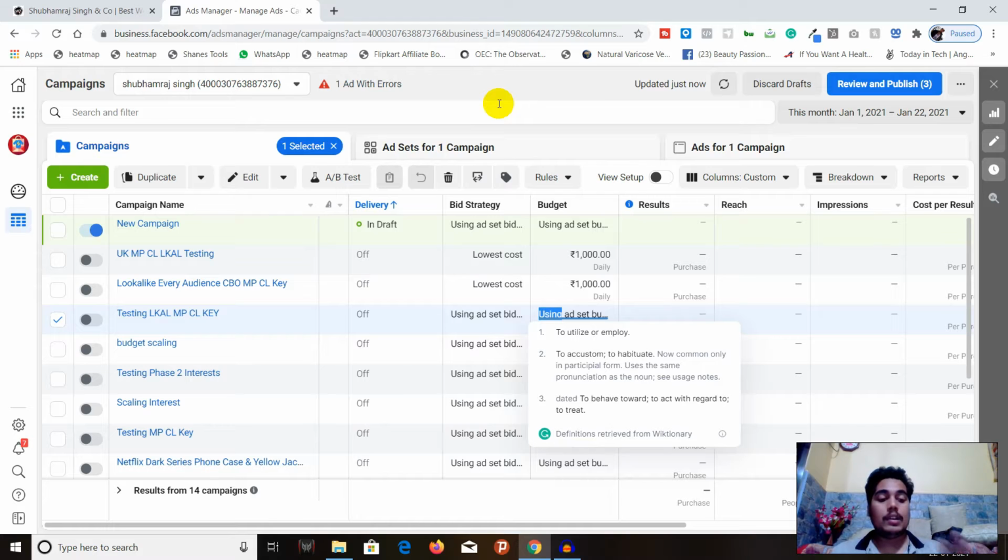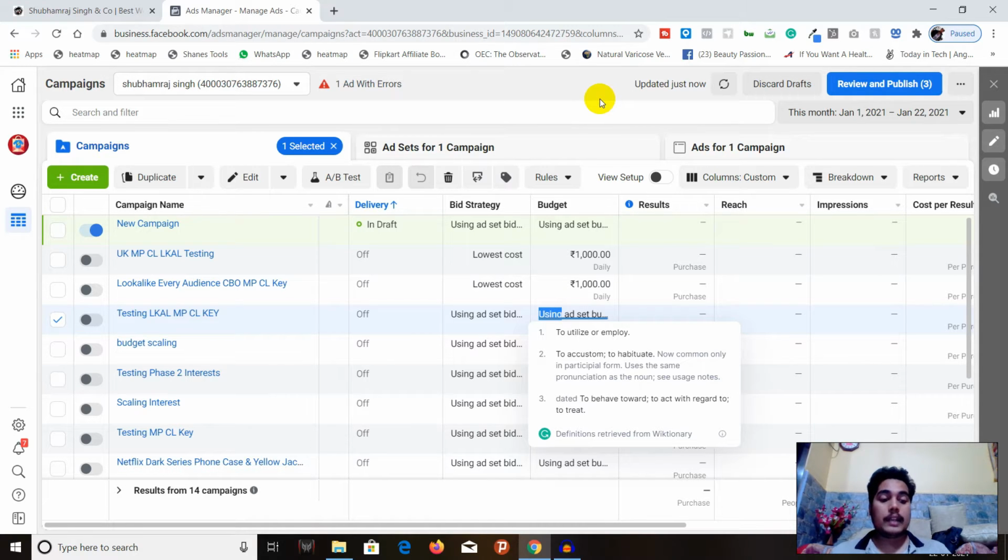So let's come to the three most basic levels of Facebook advertisement. The first one is the campaign level, the second one is the ad set level, and the third one is the ads level. So the campaign level will help you to select the objective. For example, we have seen the different Facebook advertisement objectives in the previous video. If you have not watched that video, make sure to go and watch it. I will put it in the information tab over here, so you will be more clear on what the different Facebook objectives are.